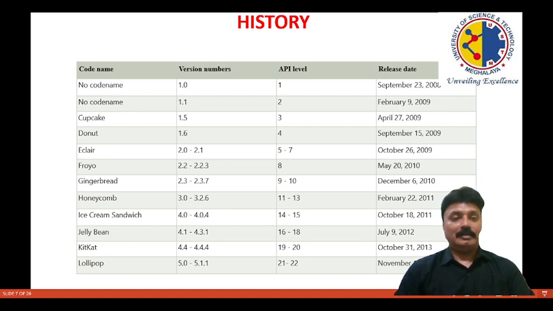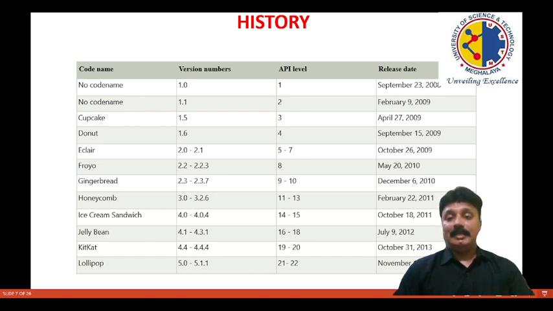There was no code name at first. Then came Cupcake, Donut, Eclair, Froyo, Gingerbread, Honeycomb, Ice Cream Sandwich, Jelly Bean, KitKat, Lollipop. For all the versions of the different Android API levels, we can find the names, all chocolate names and ice cream names like that.